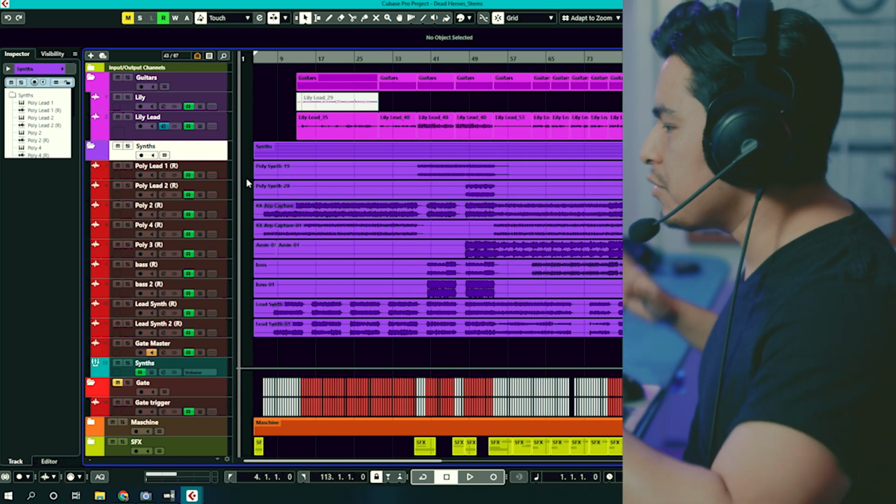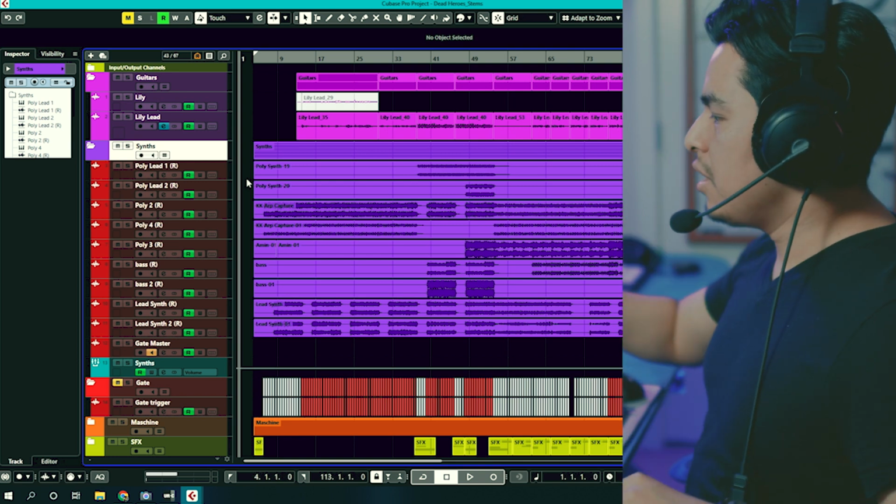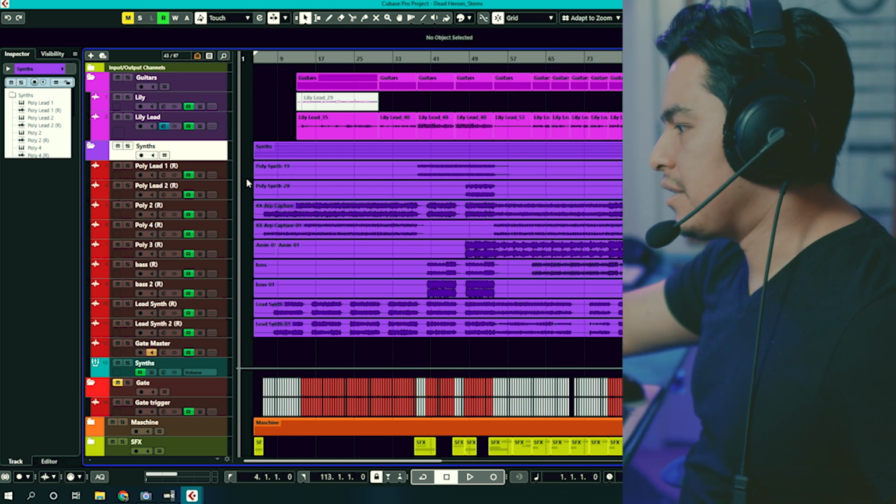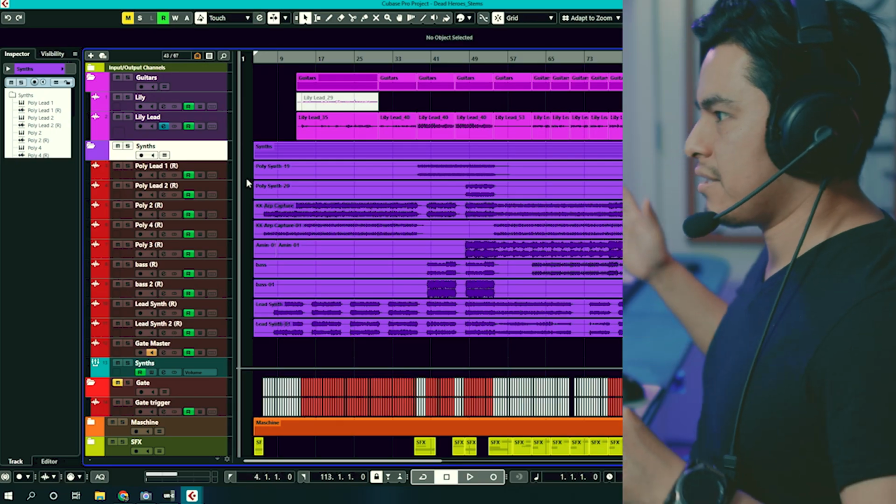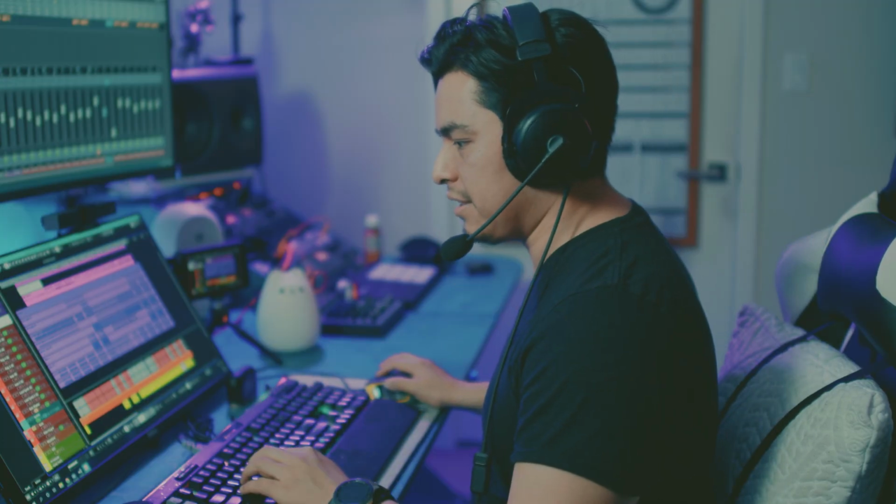So I like to use presets that come with the instrument, and the presets that come with Massive sound so modern, so massive, huge, right? It's a good thing, and it could be a bad thing too. But anyway, I usually keep things stock, with a little bit of modification. So all of these right here in the purple are Massive X stems, and then we have a gate track